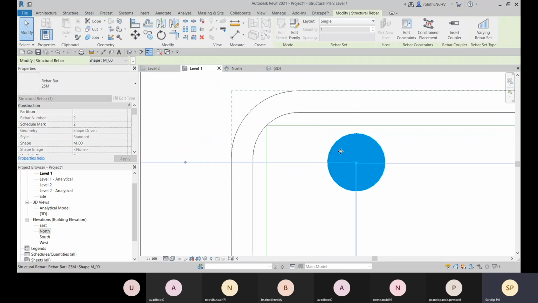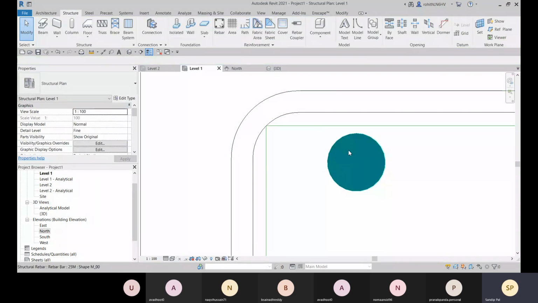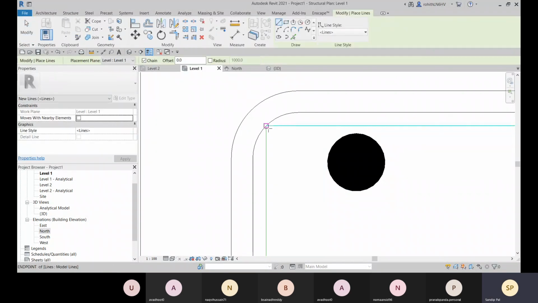Let me move it and go with this model line, and you know how much the center will be from this. So it will be 12.5, right? That's because 25 is the diameter, or from here also you can snap and move it there.